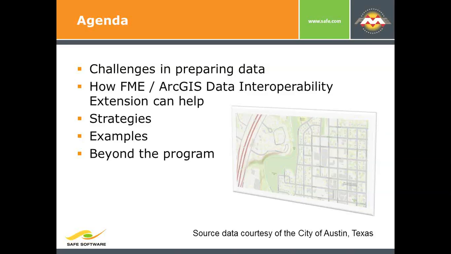Now, to set this up, what we did was, as an experiment, engage Steve to take some of the source data that we got from the city of Austin, Texas, and we do want to thank them for having years ago made their data available. And around SAFE, they're also known as the city of Interopolis. If you've taken any of our training, you've seen their data used there. And we thought we'd go through the exercise about how would we set up a transformation from their data, whatever it was that we had, and it would be old data that we were playing with here. And what would be the lessons learned in the exercise to bring that into that Community Maps data model. And that's really the scenario that we'll be going through.